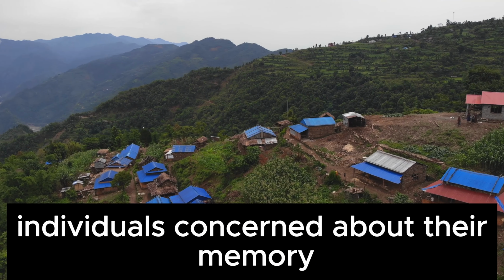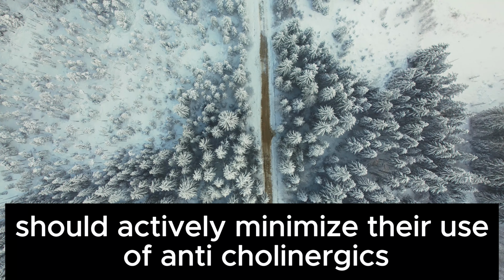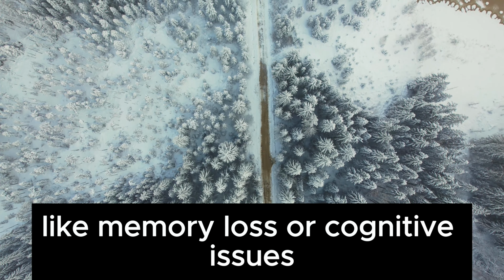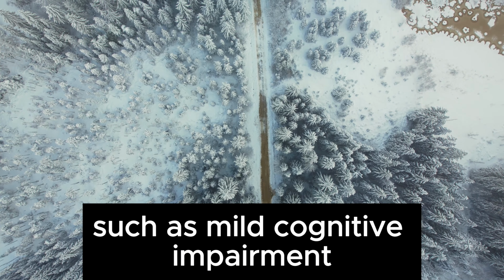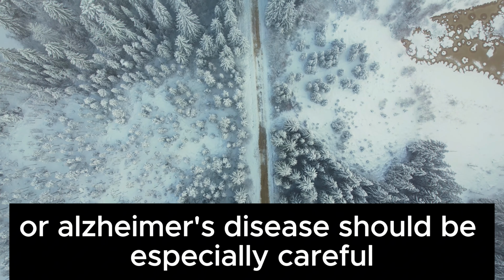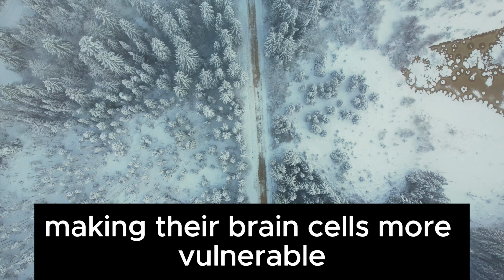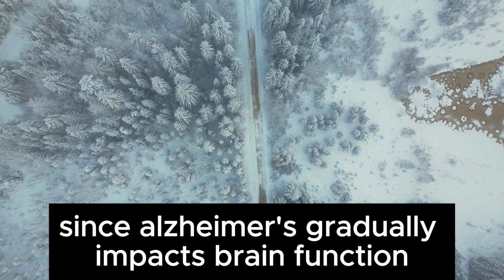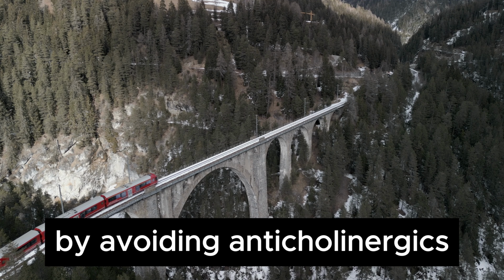First, individuals concerned about their memory or cognitive function should actively minimize their use of anticholinergics, especially if they've noticed symptoms like memory loss or cognitive issues. Secondly, those diagnosed with cognitive conditions such as mild cognitive impairment or Alzheimer's disease should be especially careful. These individuals often have underlying brain changes, making their brain cells more vulnerable. Since Alzheimer's gradually impacts brain function, it's crucial for these patients to optimize their brain health by avoiding anticholinergics when